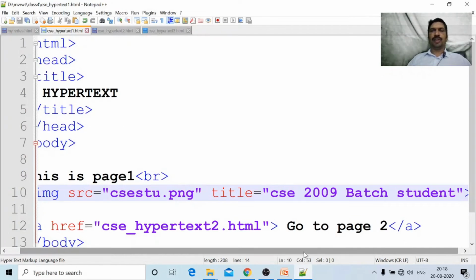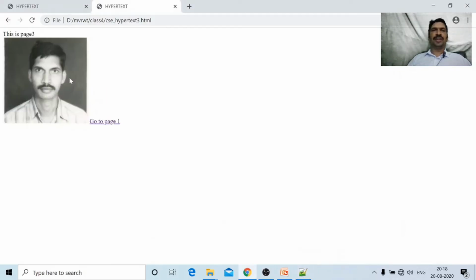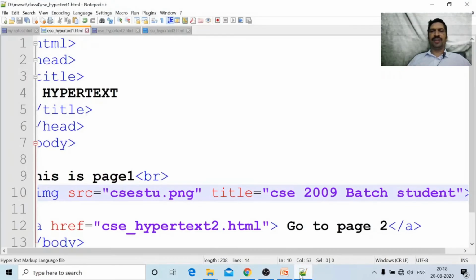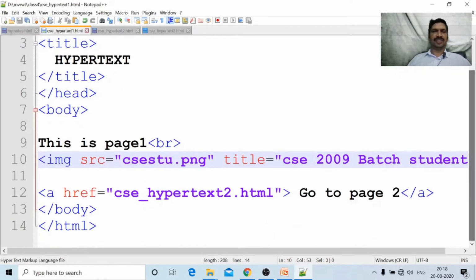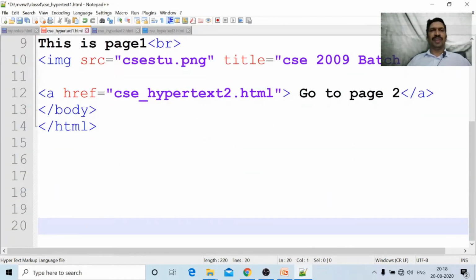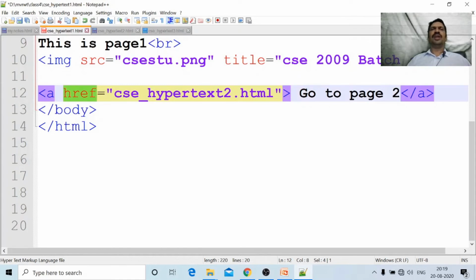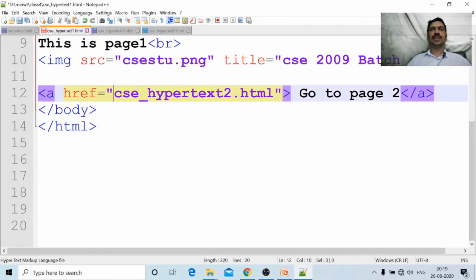This is about the anchor tag. Here the concept is the anchor tag. This is called clickable text. Whatever text we write between A and slash A, this is the anchor, A and slash A. This is called clickable text. There are a number of attributes. Among all the attributes, the important attribute is href. Href stands for hyperreference. Here we will specify the page address. According to this address, the control will go to this page.